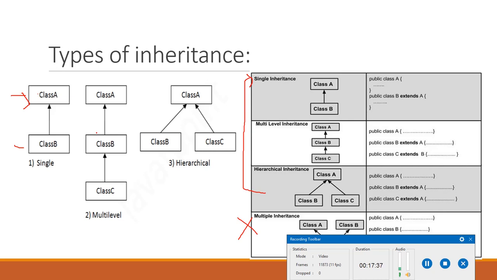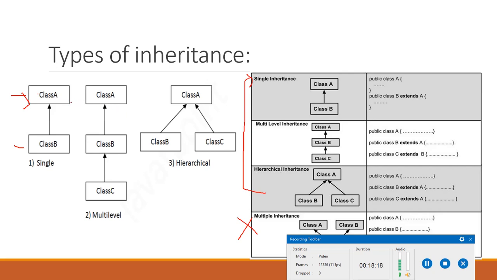Multi-level inheritance. A common requirement in object-oriented programming is the use of a derived class as a superclass. Java supports this concept and it is used extensively in building a class library, or commonly called a chain of classes. If you see over here, this is a chain of classes. So in this case, class A serves as the base class for class B, which in turn serves as a base class for the derived class, class C. So the chain ABC is known as the inheritance path.